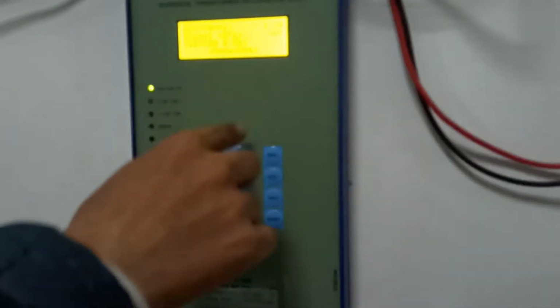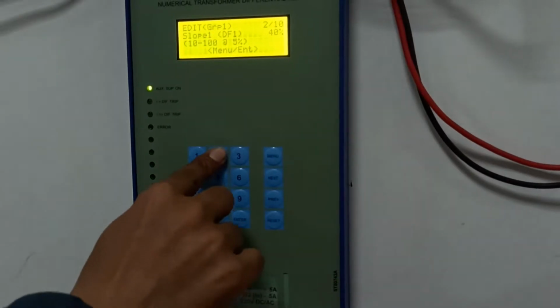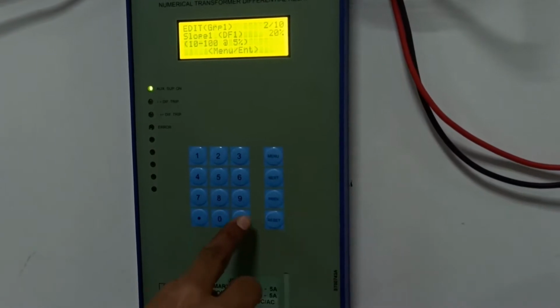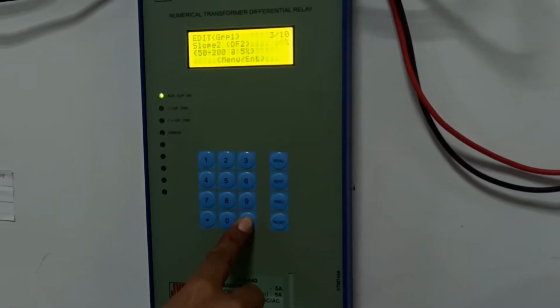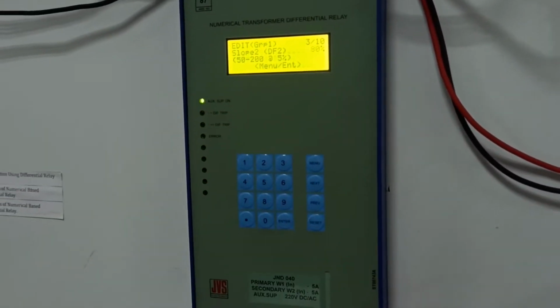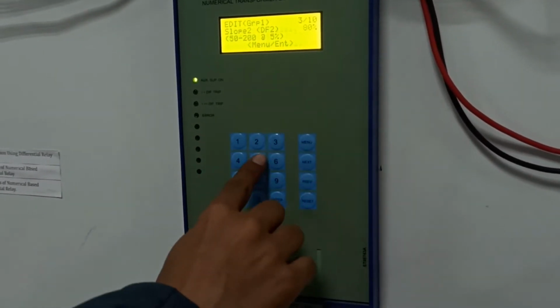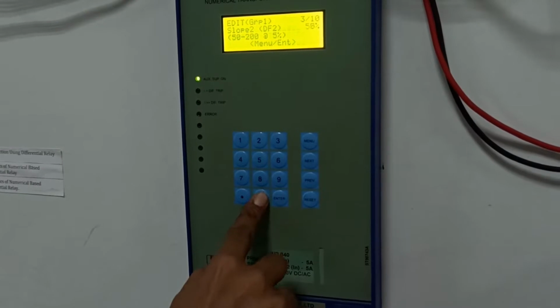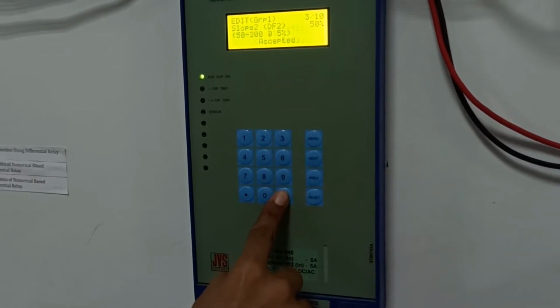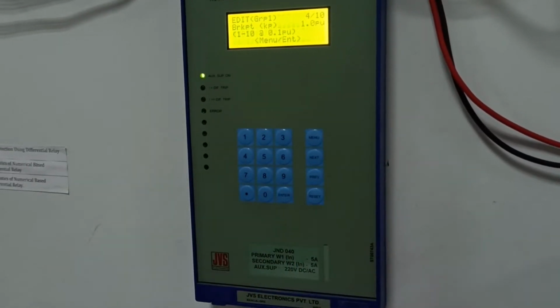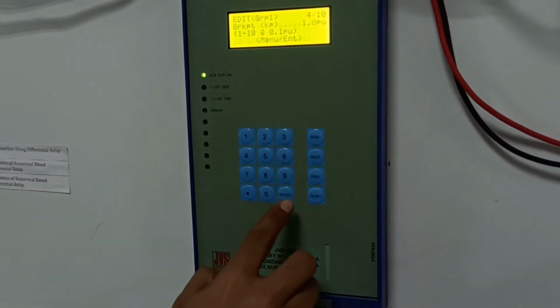Slope 1 is 40%, set it to 20. Enter 20. Enter. Slope 2 is 80%, set it to 50%. Enter. Now breakup point 1, enter.